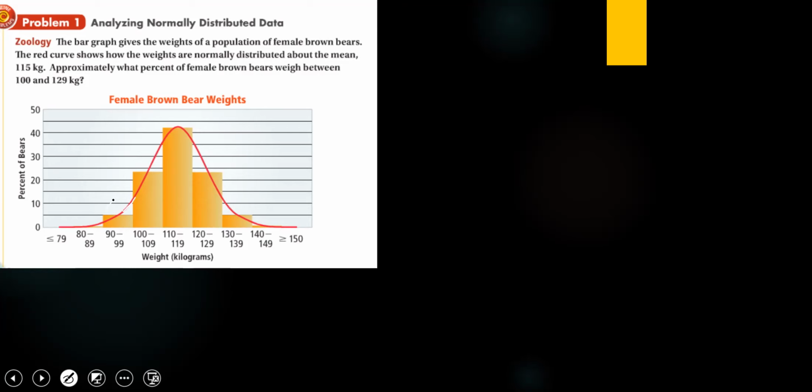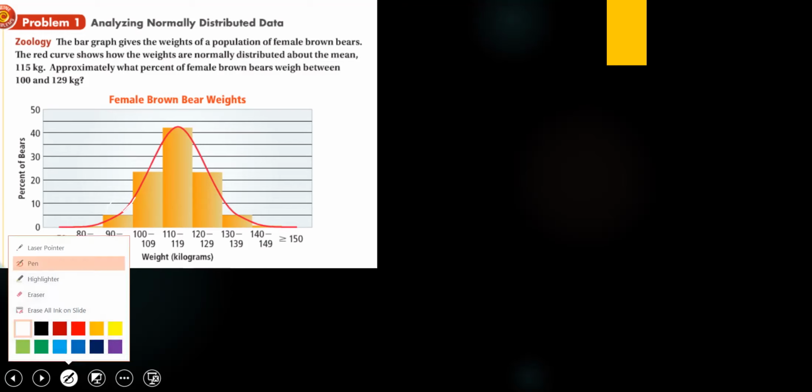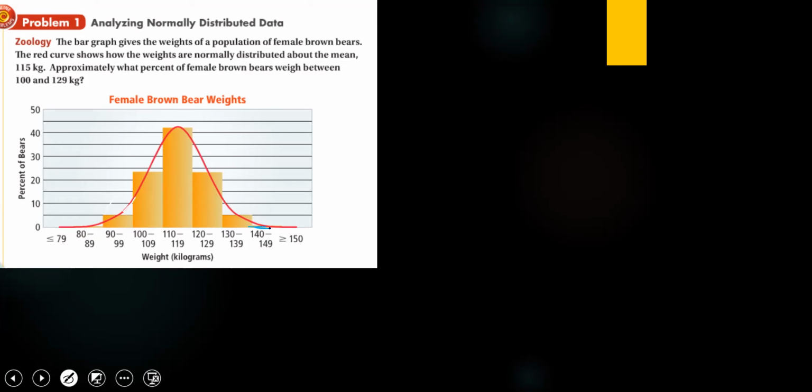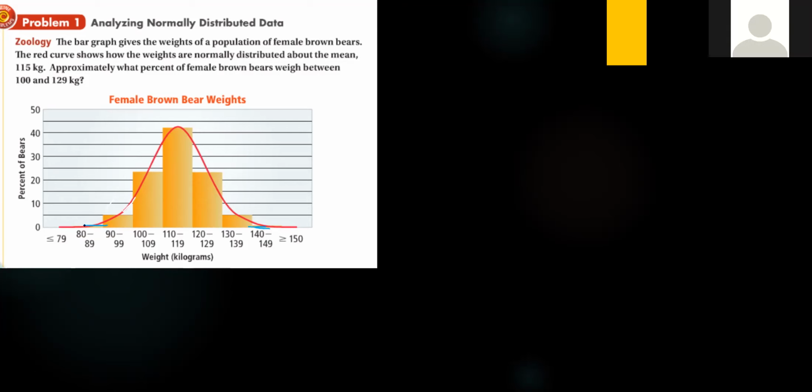We have a blue dash here. It's not exactly 0. We can say it's 1. It's not 0. So we can say 1 plus 5 plus 23